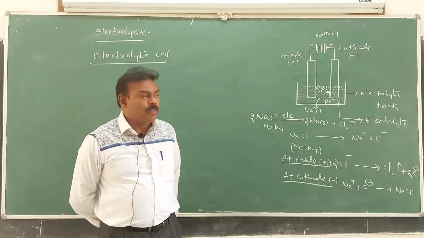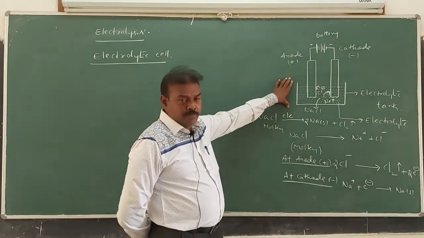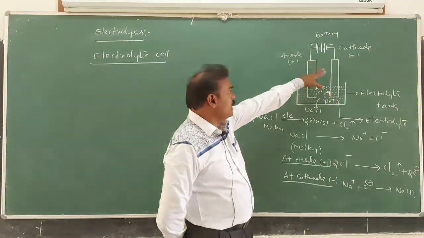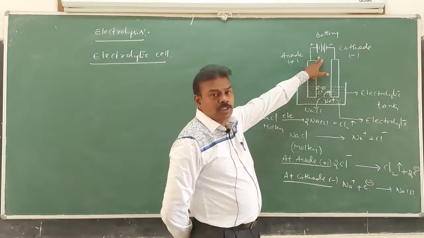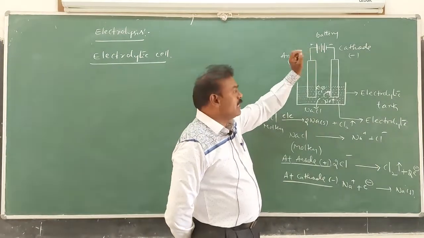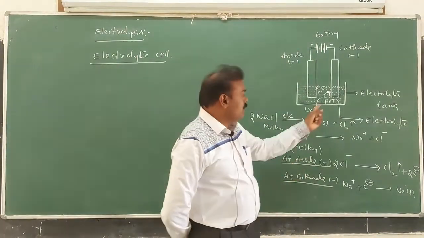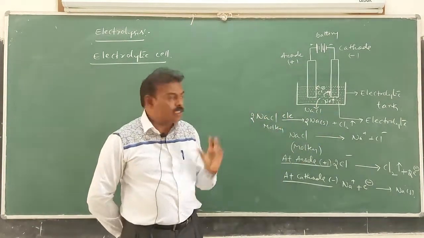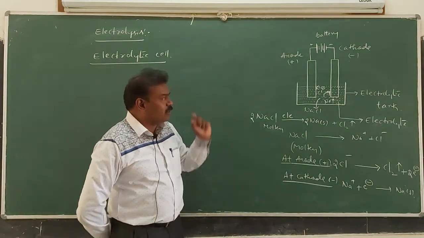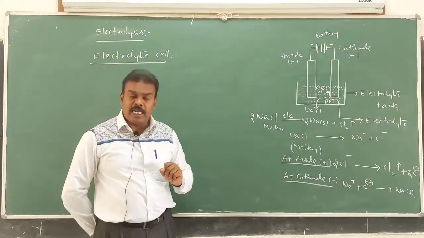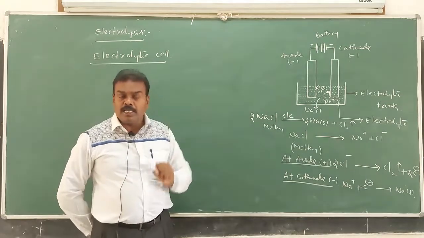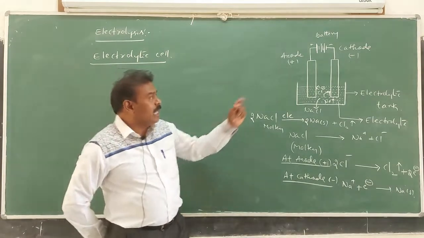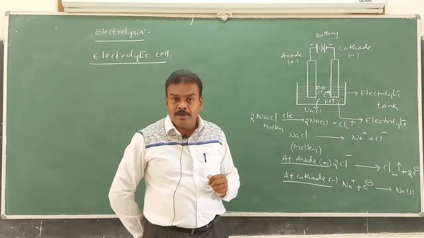This is the electrolytic tank, and these two are the electrodes, cathode and anode, and these two are connected to a source of energy, that is a battery; even a galvanic cell can also be used. This is called the electrolyte. So these points we should know in the electrolysis process. First of all, electrodes: anode and cathode. The electrode at which oxidation takes place is called anode, and the electrode at which reduction takes place is called cathode.